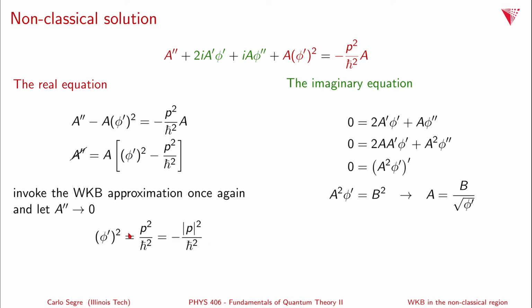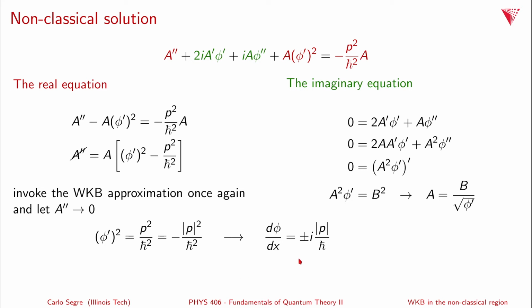Now, when we take the square root, we now have to reckon with the fact that p squared is less than 0. Because p squared is less than 0, we can force a negative sign here and make this an absolute value of p squared, the modulus squared of p. So this is now an equivalence. Because we know that p squared is negative, we can force it explicitly. Now when we take the square root,